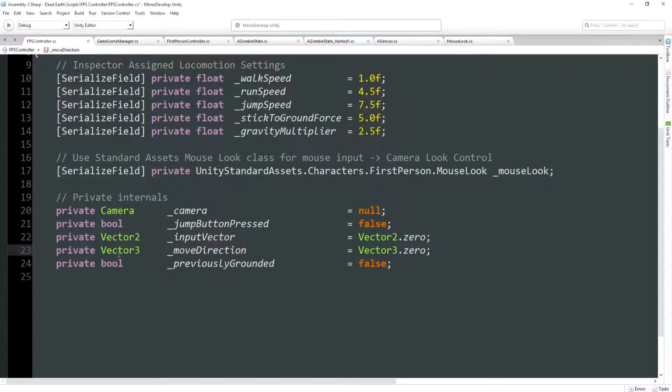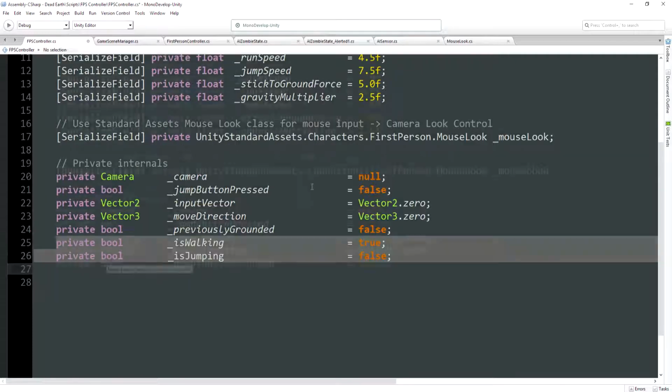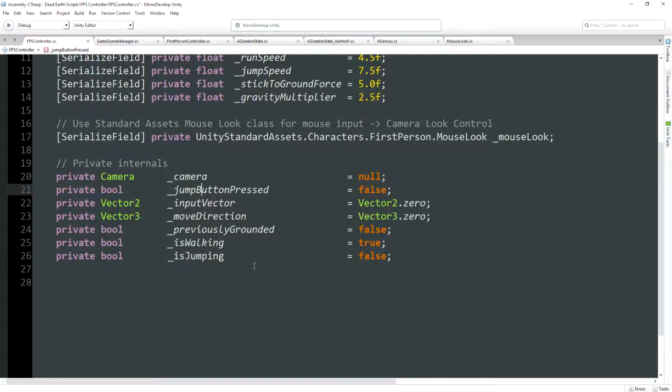just landed. So we need to add a Boolean so that we can keep track from frame to frame whether it was grounded, and then of course in the next frame we can check previously grounded to see if it was grounded in the frame before, and if it was, and of course the two booleans are different, then we know that we've landed. Next up, we're going to create two booleans that will just keep track of whether we're